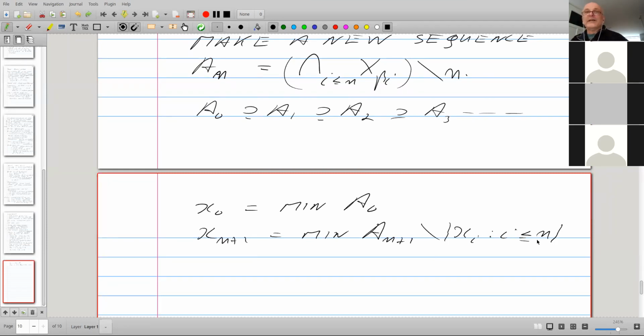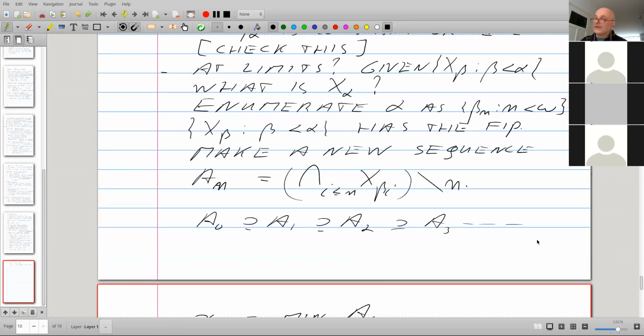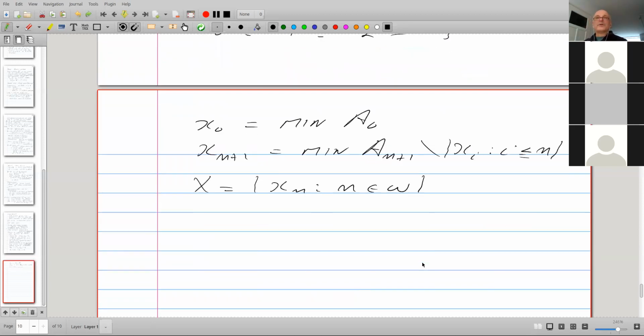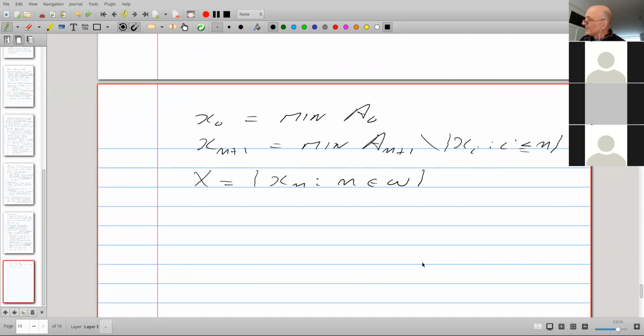Assuming that the X beta i's have the finite intersection property, and even more so, and I really have to make that work in a moment, the strong finite intersection property, every finite intersection is infinite. Let's look at X, look at all the points that we have chosen so far.